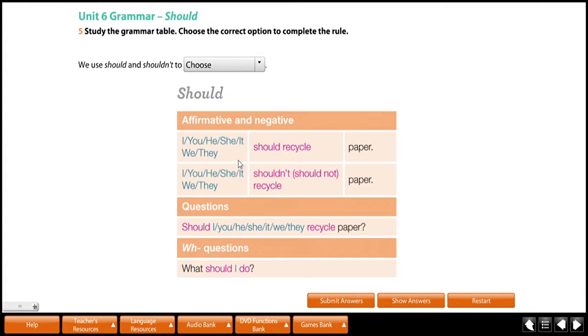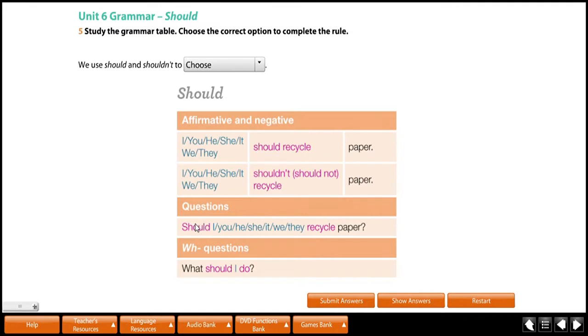You should recycle paper. Тебе следует перерабатывать бумагу. If you'd like this result to be 50-50, you use the negative form. You shouldn't recycle paper. Тебе не нужно перерабатывать. If you'd like to ask somebody a general question, you start your general question from the modal verb